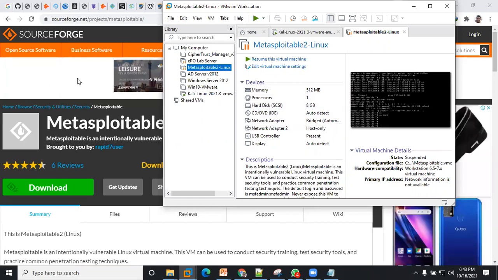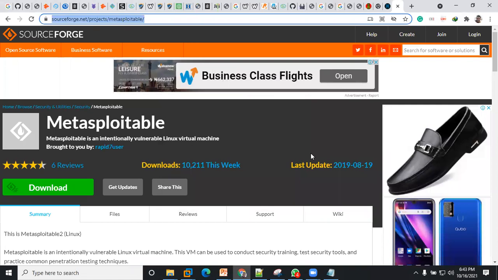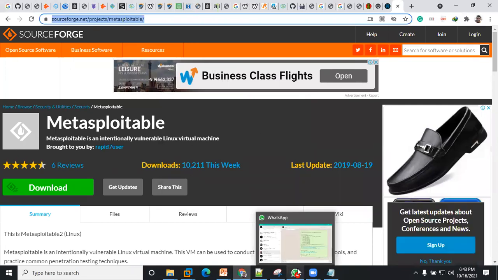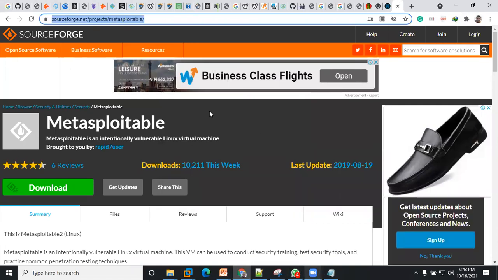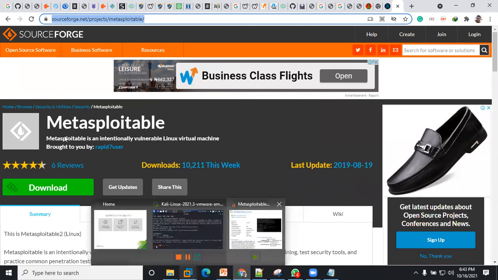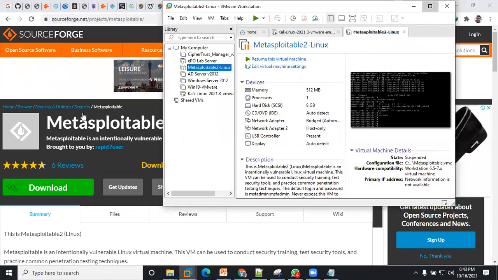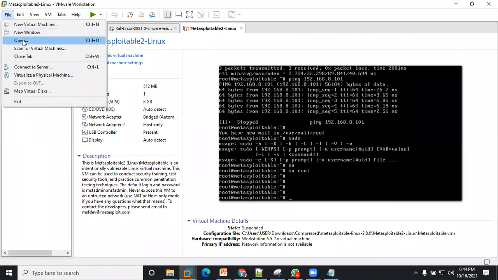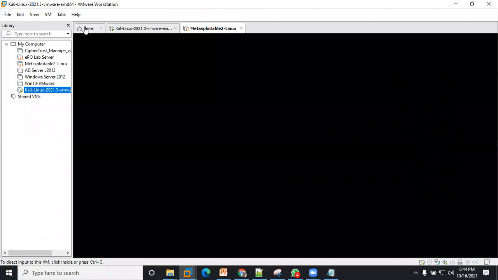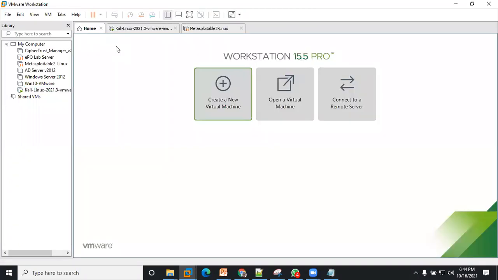I'll look out for the one that has the smallest size, and I'll send it to the WhatsApp group so that you can download it. Once you download this file, it is an ISO file. All you need to do is mount it up. You just open the VM, either directly if it's an OVA file,